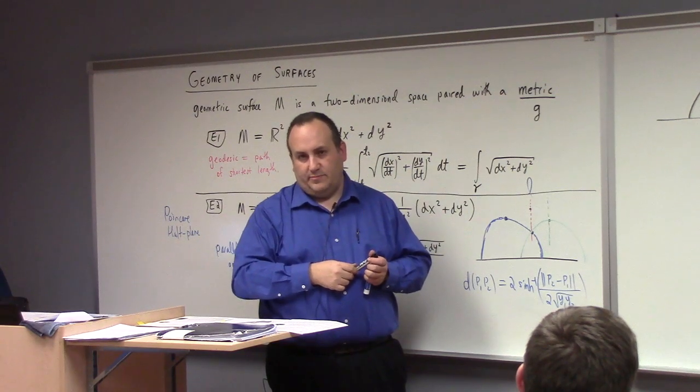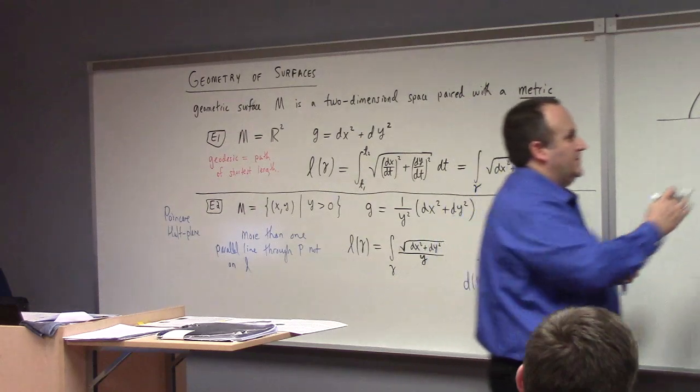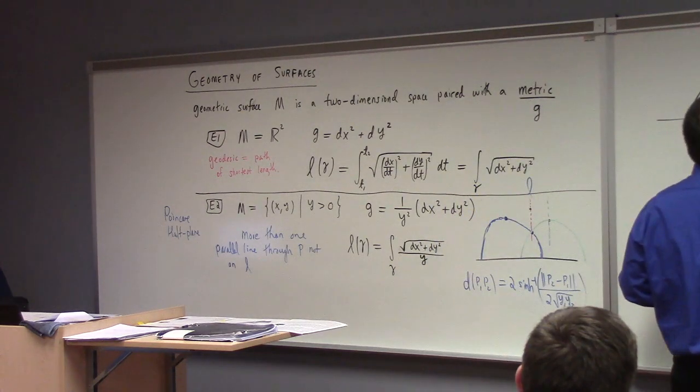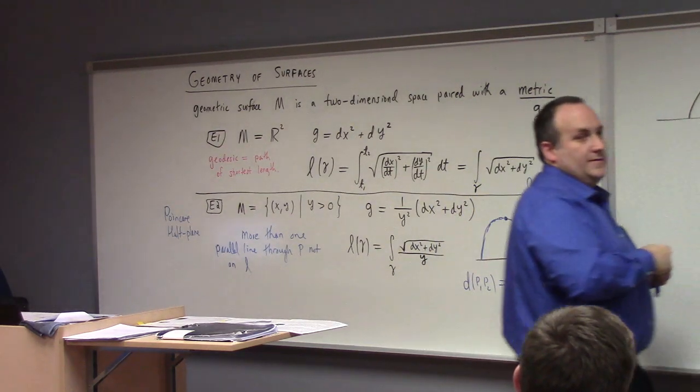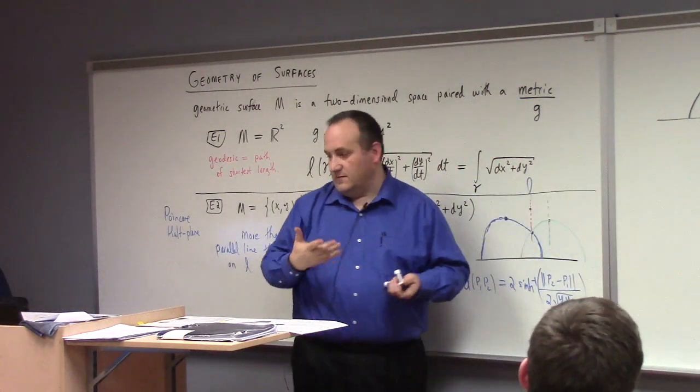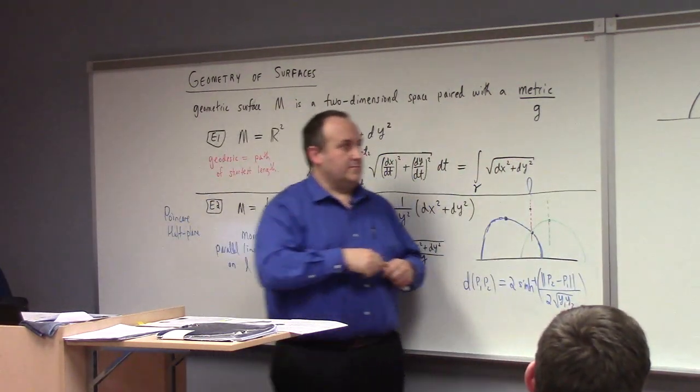Line through the point, lines through that point that aren't... That never touch the given line, the black line? That never touch the given line. All right, so